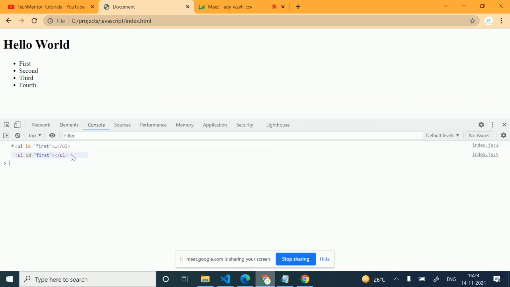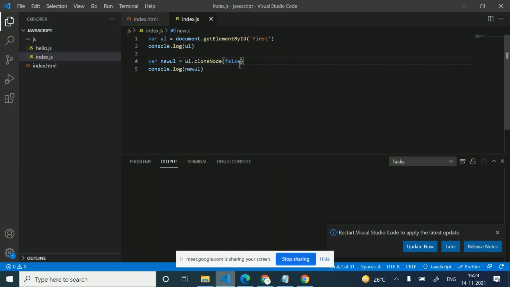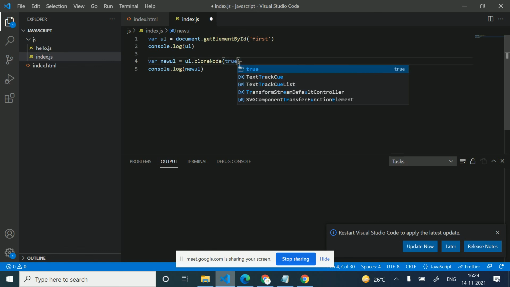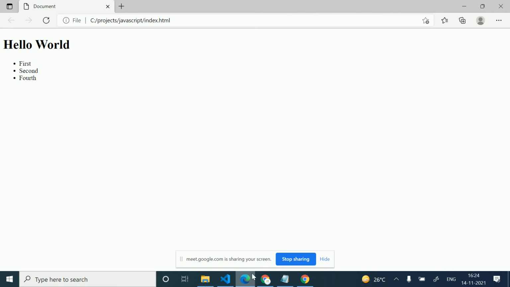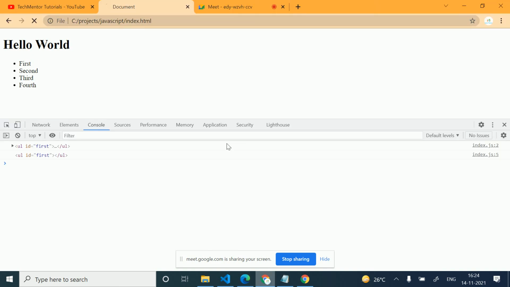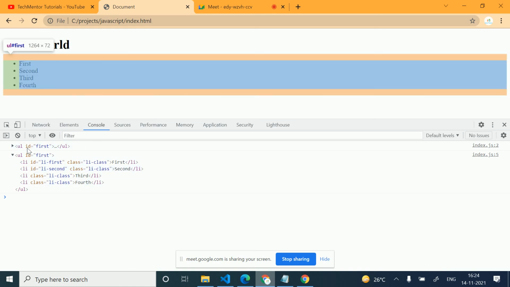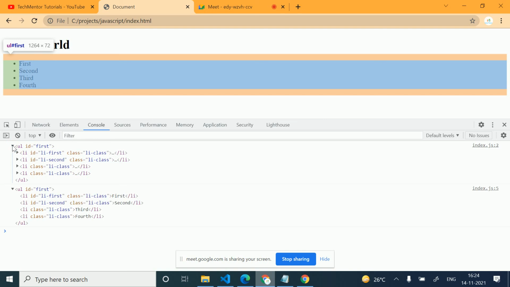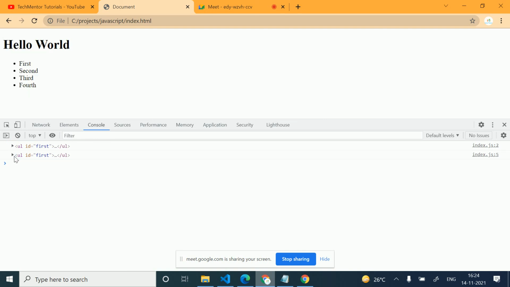By default this is false, so we will not get the children of that. So we will change this false to true. When we change this false to true, then we will get here the exact copy, with the ul id first and in this way.